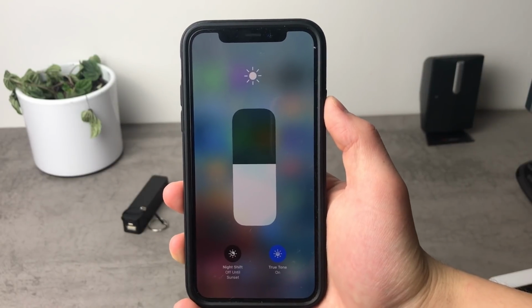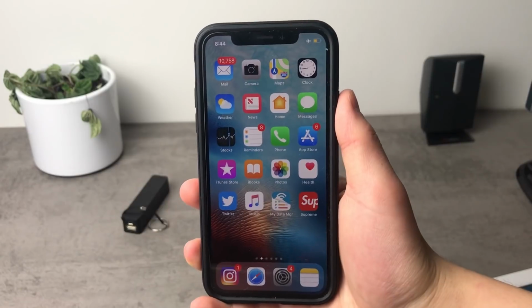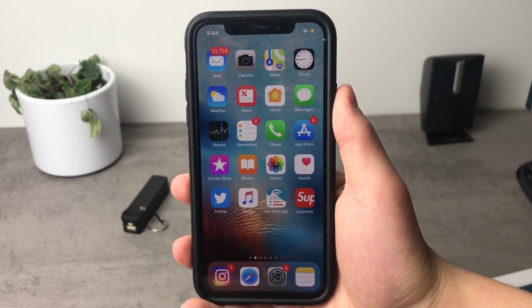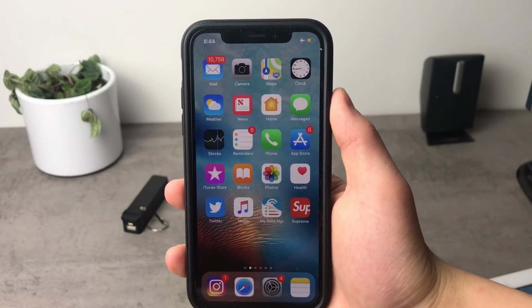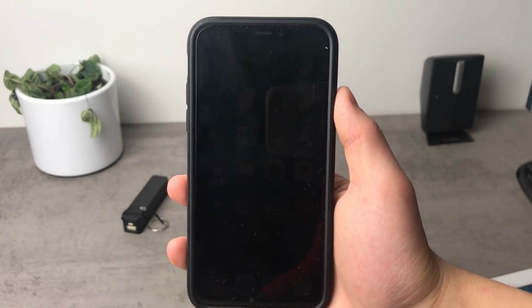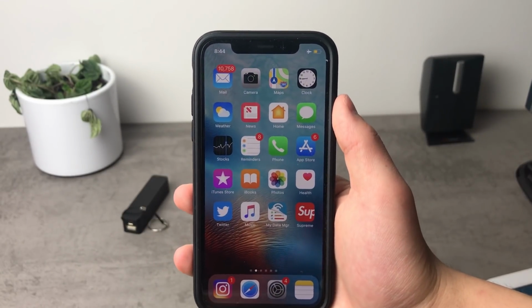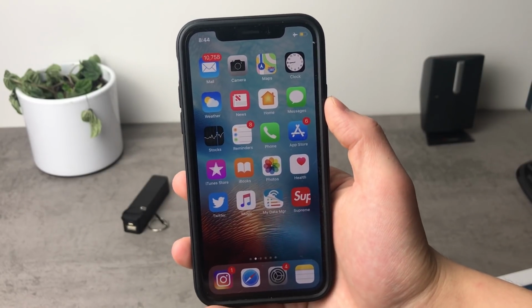Another version of iOS has been released, and of course for the iPhone X as well. What's going on, guys? This is Apple Facts channel here, and in today's video I want to quickly talk about the iOS 11.2.1 that has actually been released for every single device that supports iOS 11. I know that it happened a couple days ago, but I didn't have time to make a video about it when it dropped,